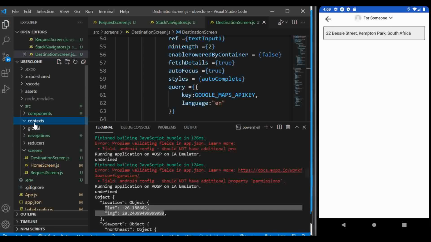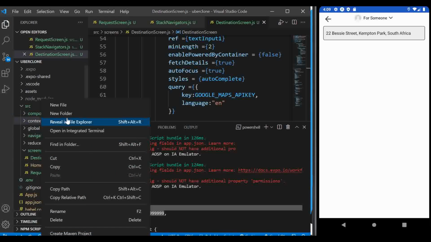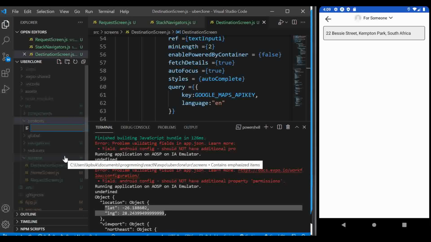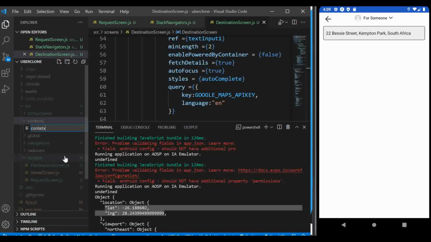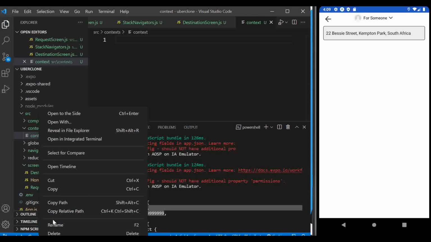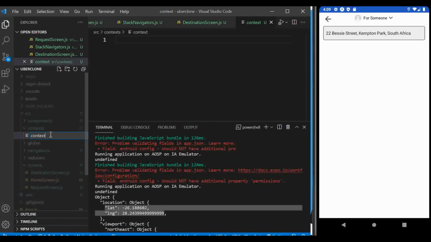We did create a context folder and it's empty right now. We also did create a reducers folder and it's empty right now. So you're just going to follow what I'm doing, and it's going to be very simple. Create a new file inside the context folder and just call it context. I generally put it in plural. So I'm just going to say context.js,